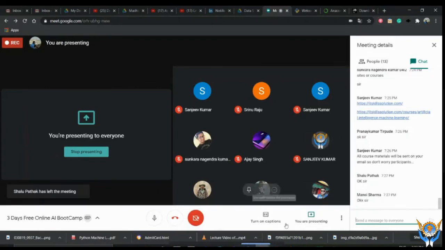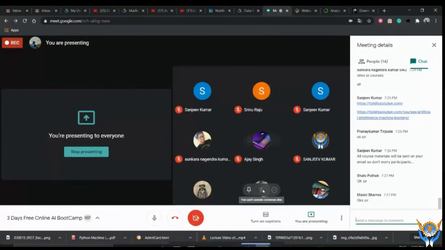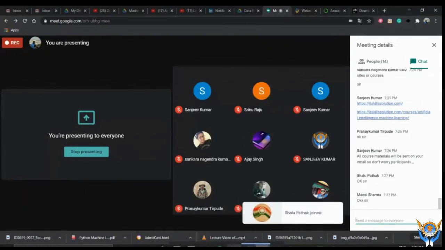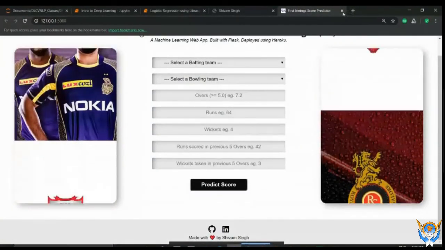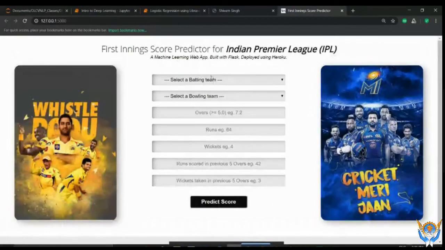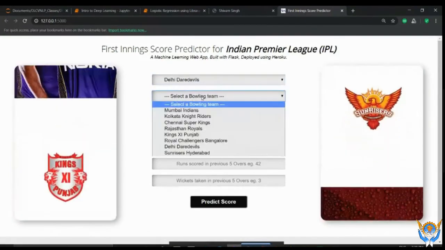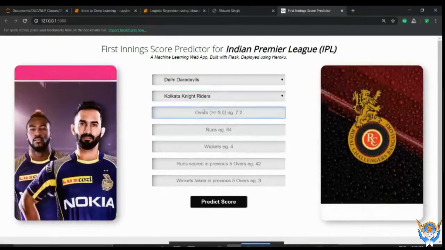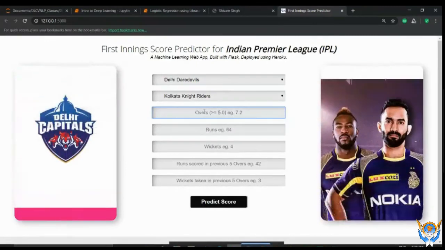Okay guys, so that is enough, and now you can see the magic of score prediction. I think all of you are waiting for the same thing. This is the score prediction system made by us. If you give a batting team, like my favorite team Delhi Daredevils, and I select a bowling team, suppose Kolkata Knight Riders, and I have to give a score